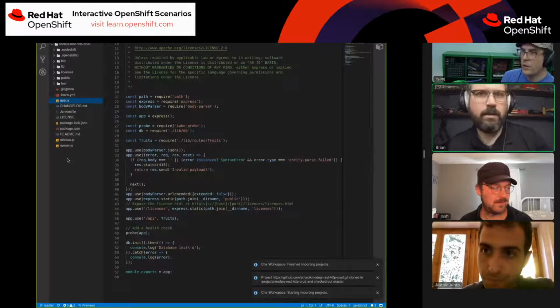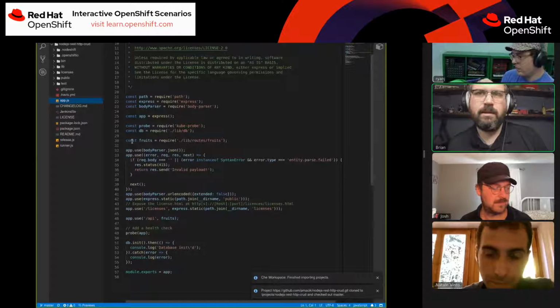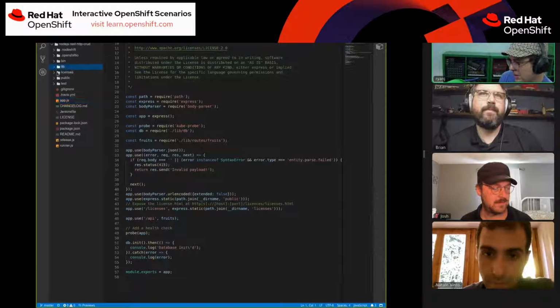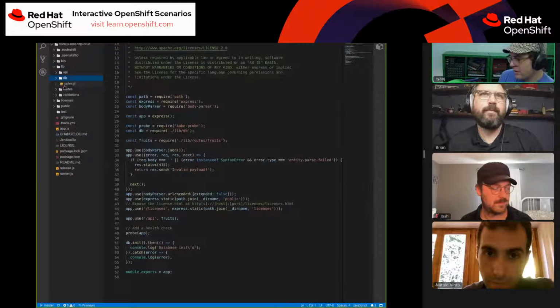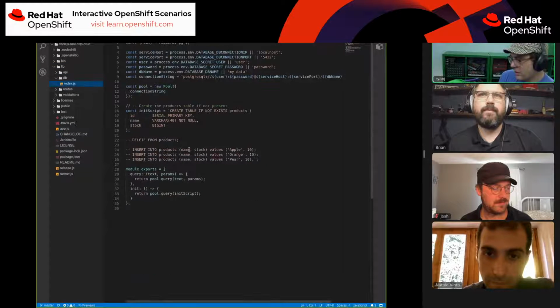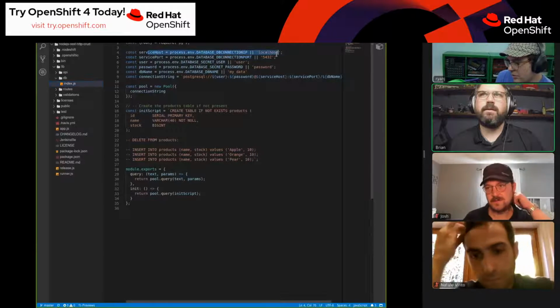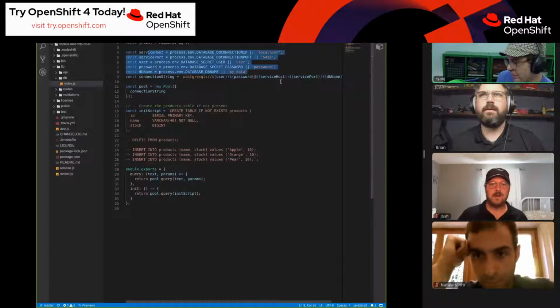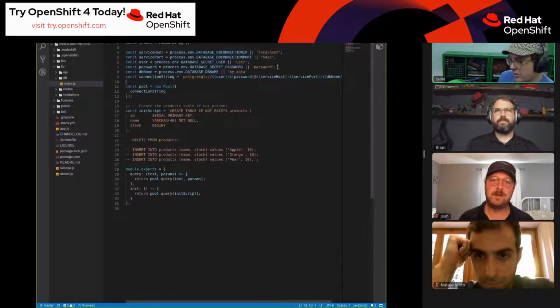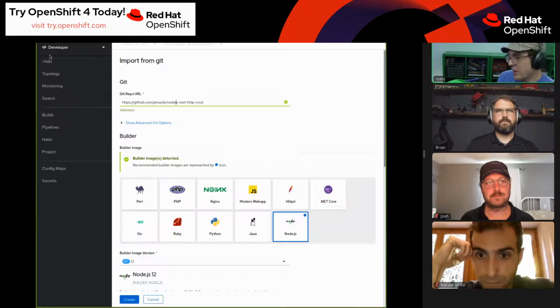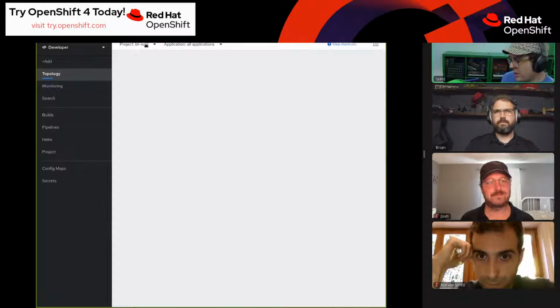Where's the database? Oh, let's see. If you go in lib/db index. So right up at the top, they're pulling things right out of the environment. So those ought to be useful if you just open up a live terminal and type in env. You should be able to see the same things within the Node.js container.